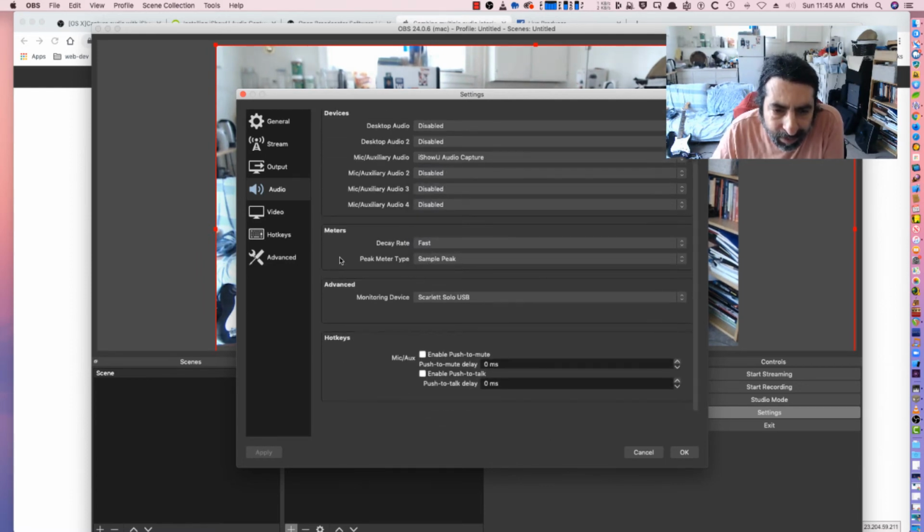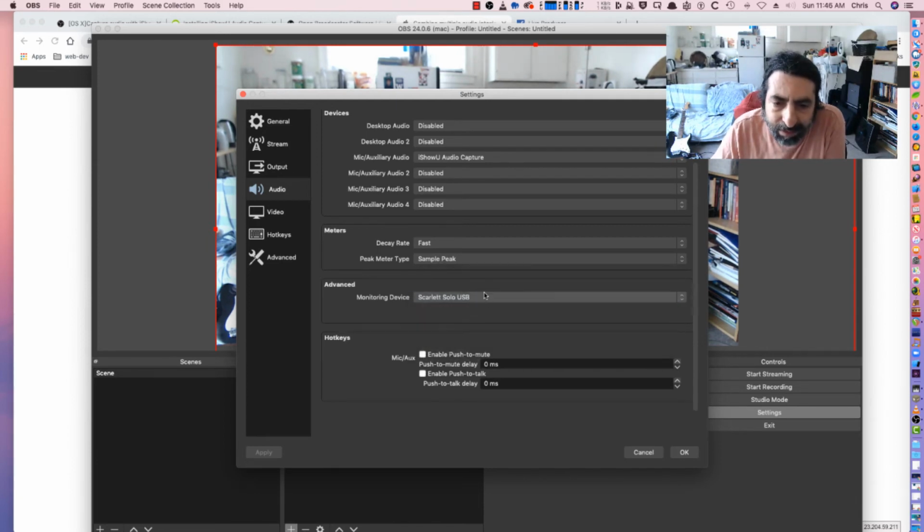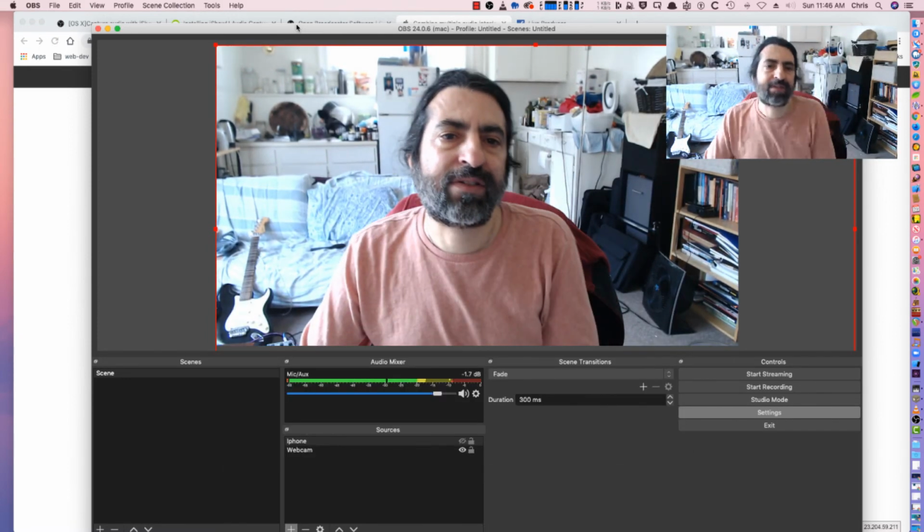And then this is important too, if you want to be able to monitor it, so I've got it monitoring to my Scarlett. And then I plug the headphones into that so I can hear what I'm doing. Okay. And then the last step